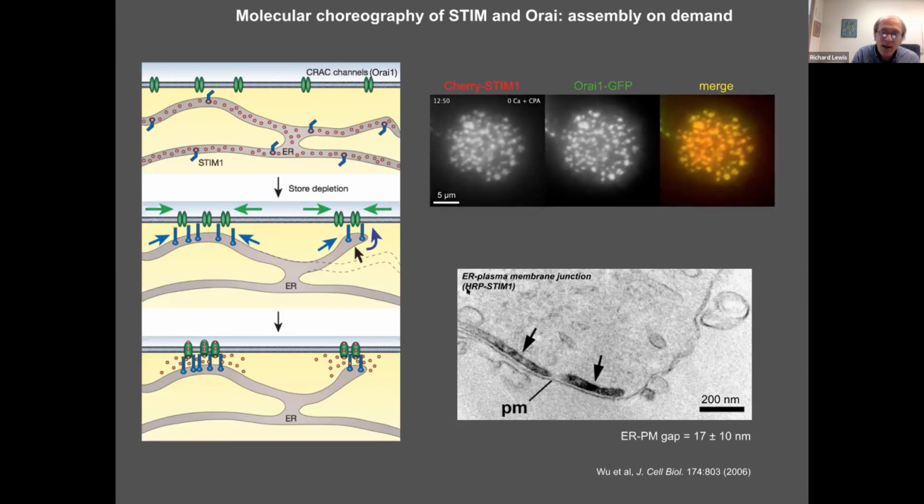And by looking at the ultrastructural level at the distribution of HRP-labeled STIM1 in Jurkat cells, it's been shown that these puncta actually correspond to ER-plasma membrane junctions. And you've heard about these again today. These are specializations of the ER where it comes to within 10 to 20 nanometers of the plasma membrane. And this distance of 10 to 20 nanometers is critical because it's the only place in the cell that is close enough for STIM1 to make physical contact with ORAI1 in the plasma membrane.